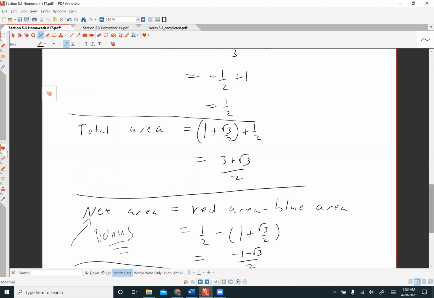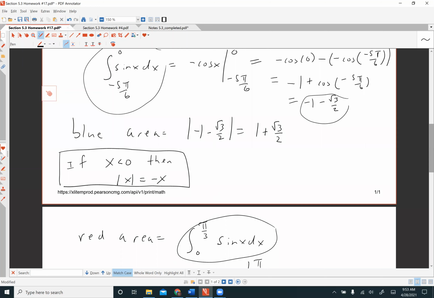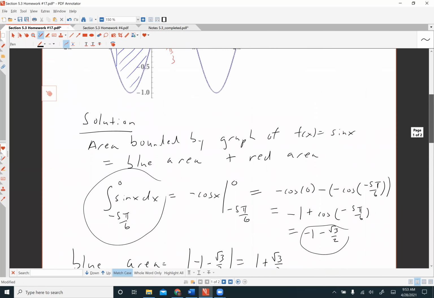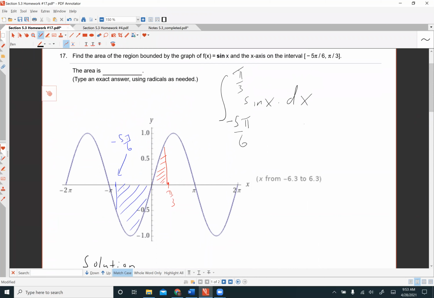So this is a bonus problem. The net area is what the integral gives us, this definite integral that I wrote way up here. This symbol right here, negative 5 pi over 6 to pi over 3 of sine of x dx, is the symbol that represents the net area, meaning you add the positive area and you subtract